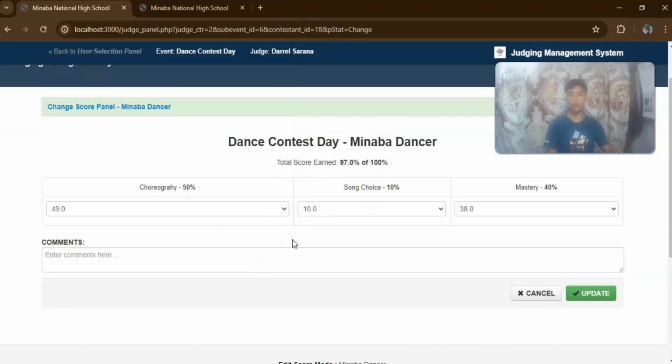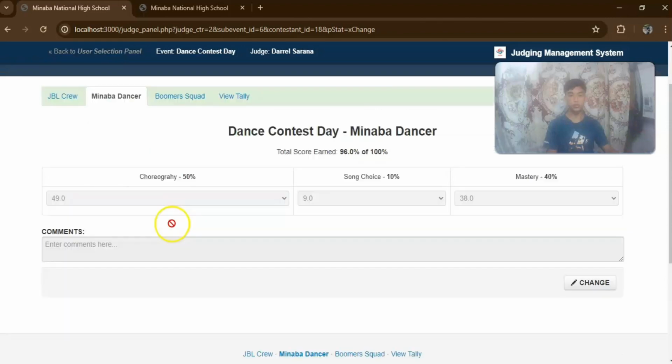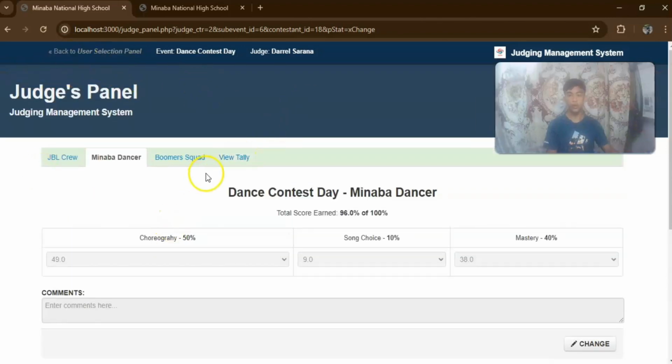Anytime in the contest, as long as the contest is not done, they can edit the score if they change their mind after they put in their score. Just update it. Okay, it is changed.